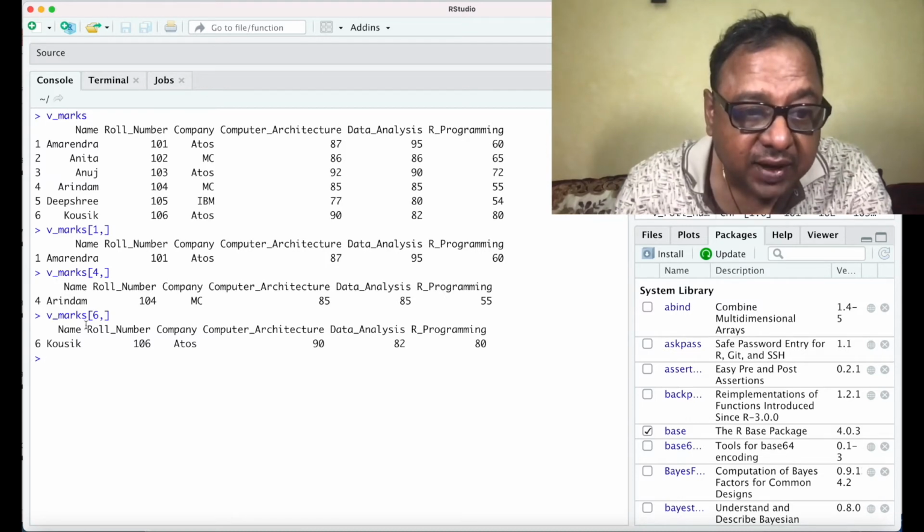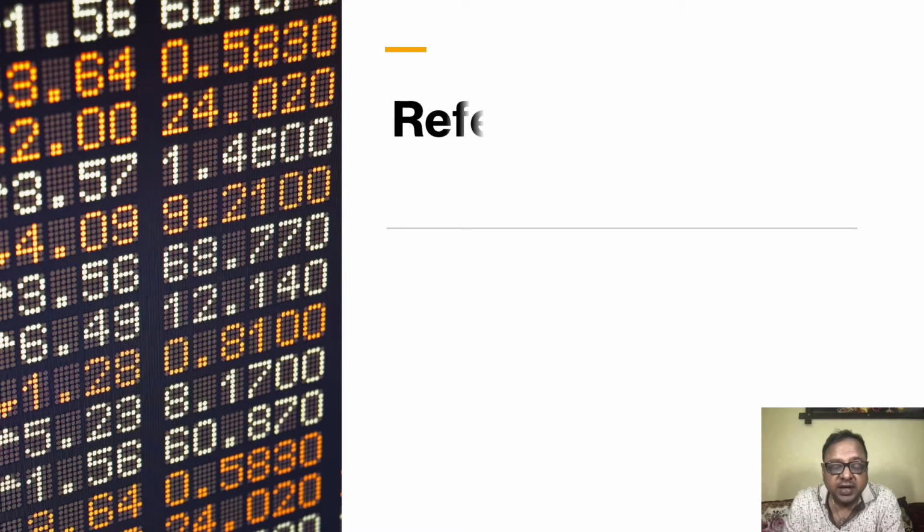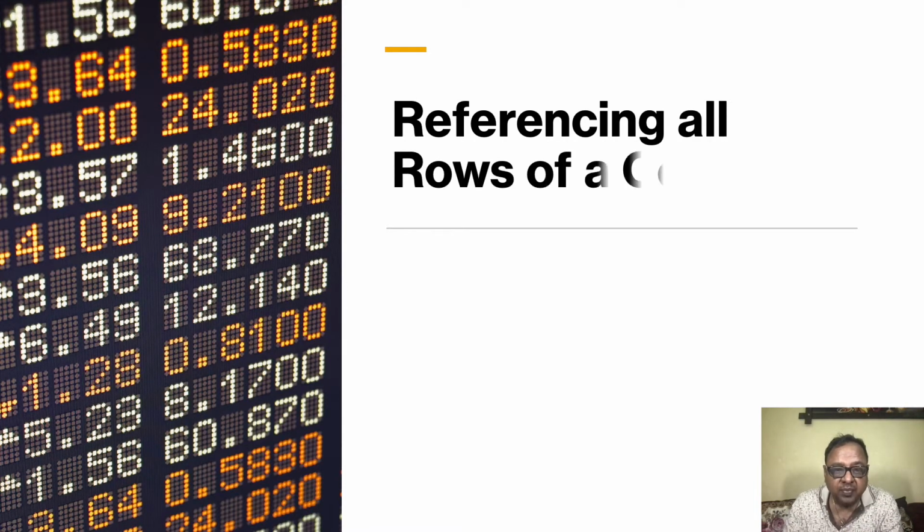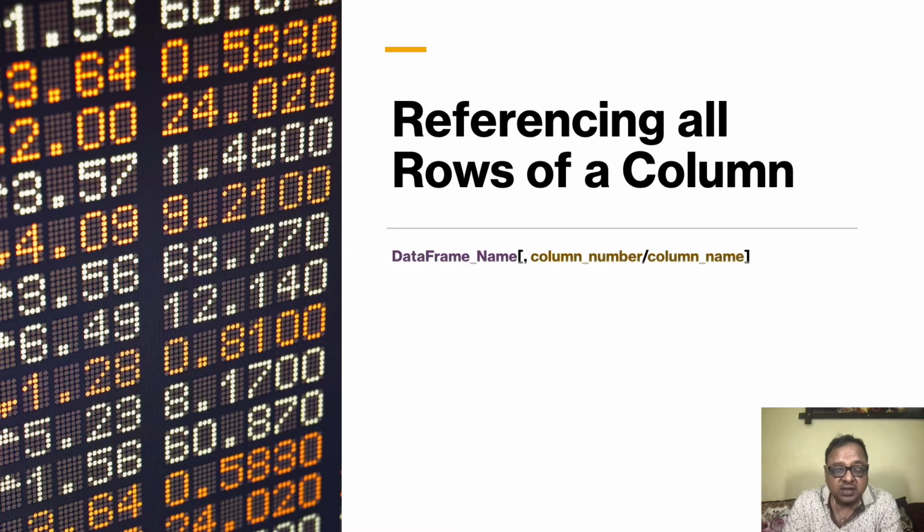So you can see that when I give only the row number, it gives me all the columns of the particular record. Just like we could see all the columns for a particular row, we can also see all the rows for a particular column. So there are multiple syntaxes for this. So we will discuss all the syntaxes, what we can do for seeing all the rows for a particular column. So the syntax is that we can give the data frame name and within square brackets, we can leave the row number parameter blank. We can just put a comma and either give the column name or the column number. So this is the first way of doing it.